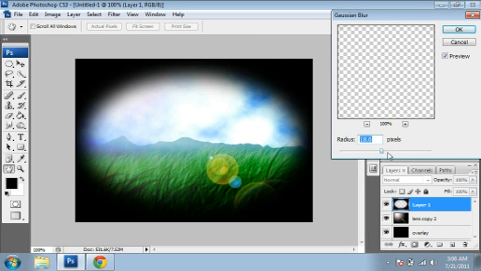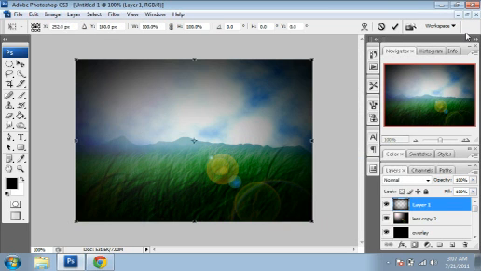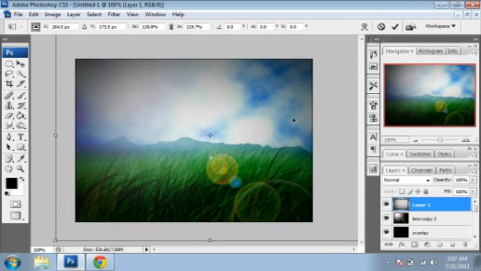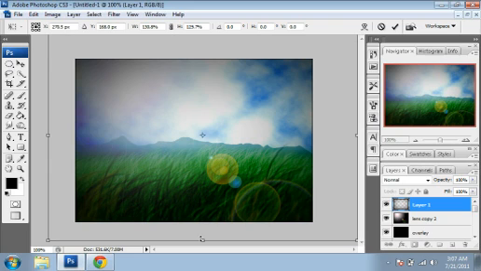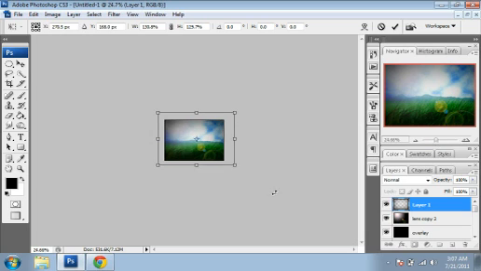Blur it out a lot. Hit OK. Control T for free transforming. Expand it a lot. And that creates a vignette, and what a vignette does is